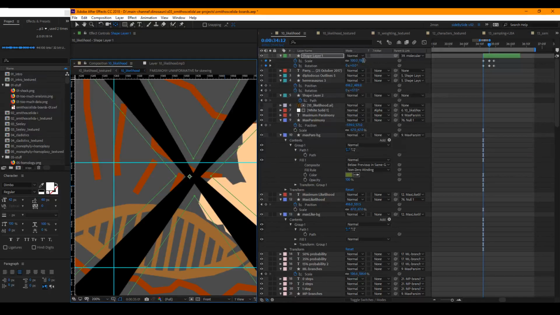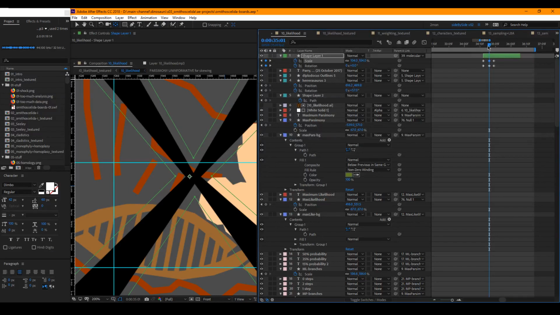Can I have this overshoot just a tad, like 102? Maybe a little more than that. That's more like it. And walk it back. So F9, Shift F9, and then